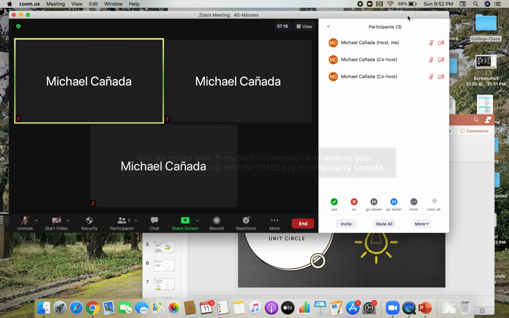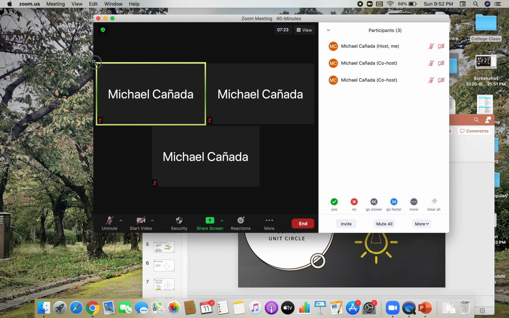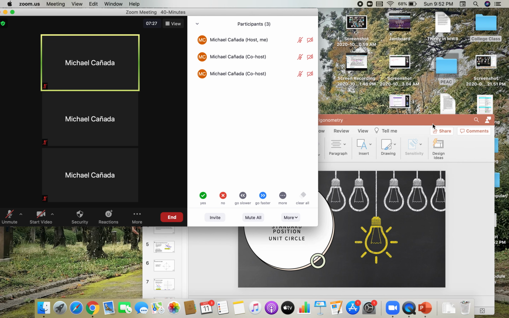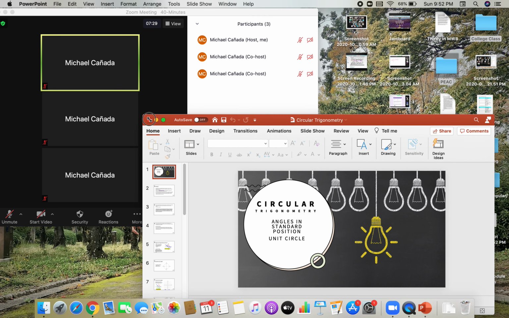Actually, the very basic thing to do is simply to make your tab smaller, by using this arrow